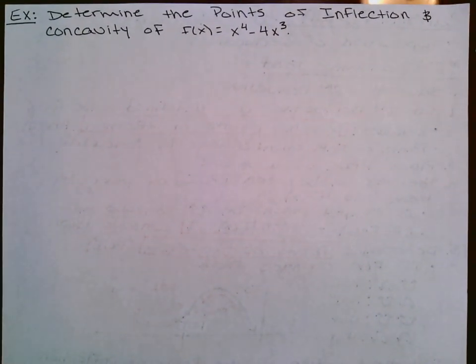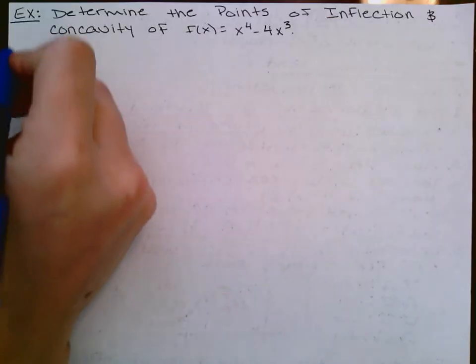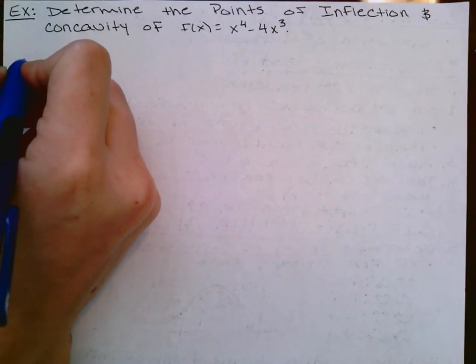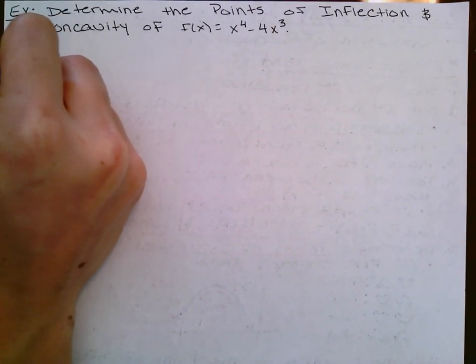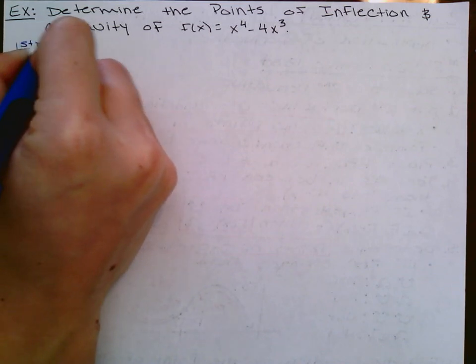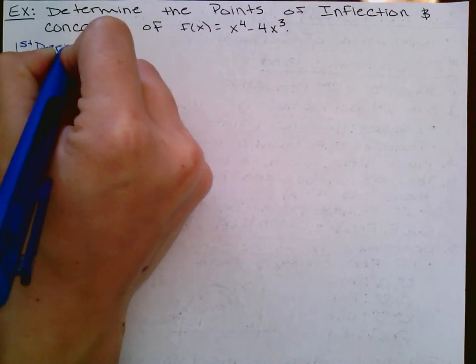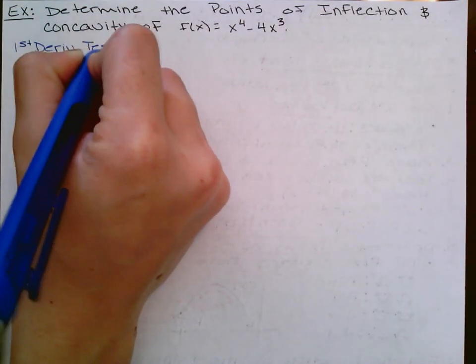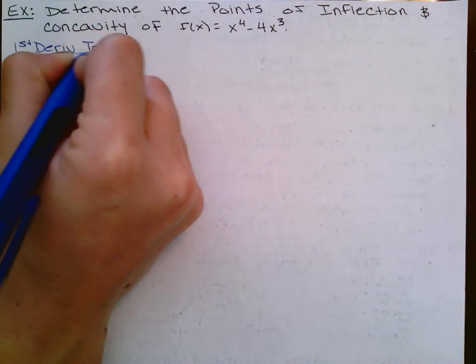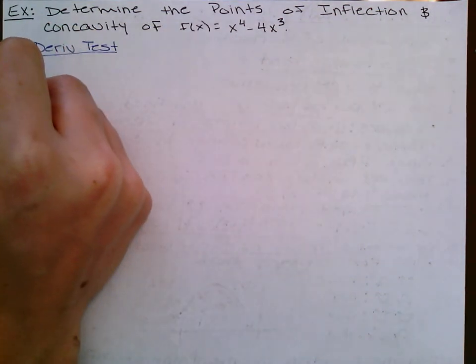It says determine the points of inflection and concavity of f of x, which is x to the fourth minus 4x cubed. All right, so on this left side, I'm going to start off with the first derivative test. This is going to be more of a recap. All right, first derivative here